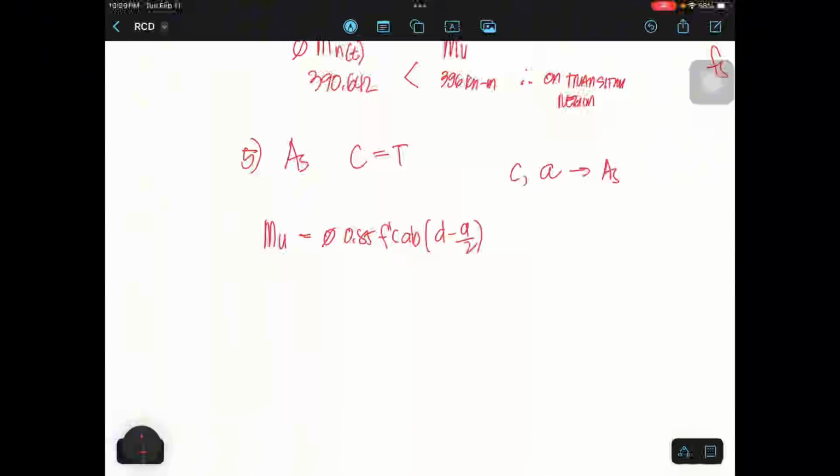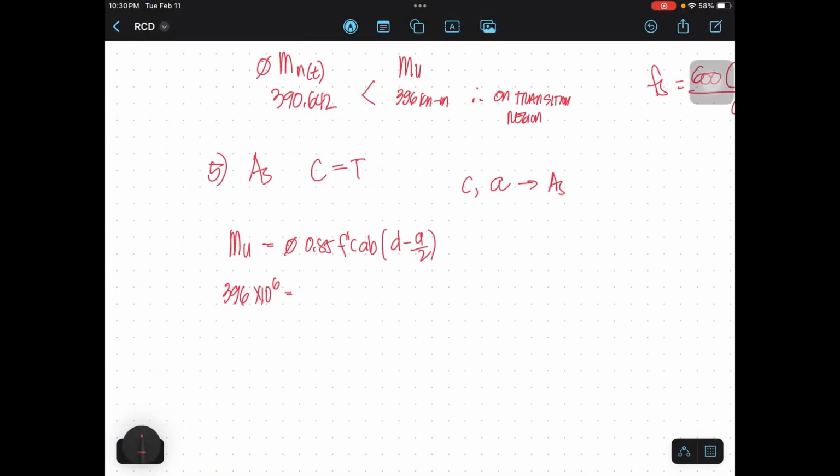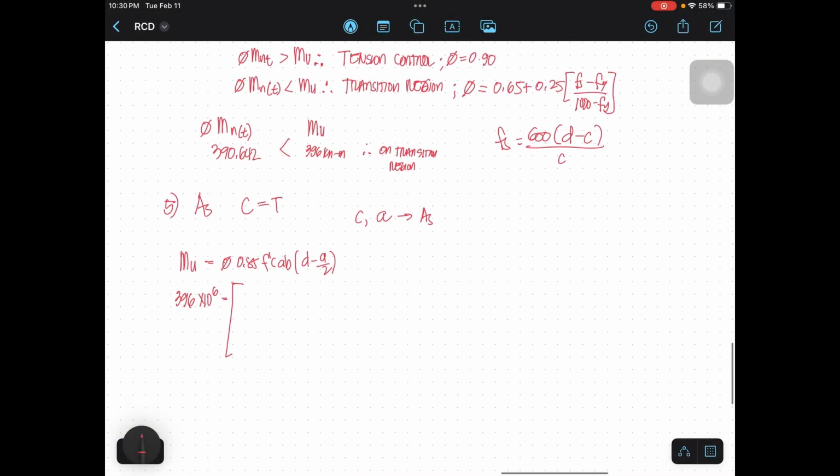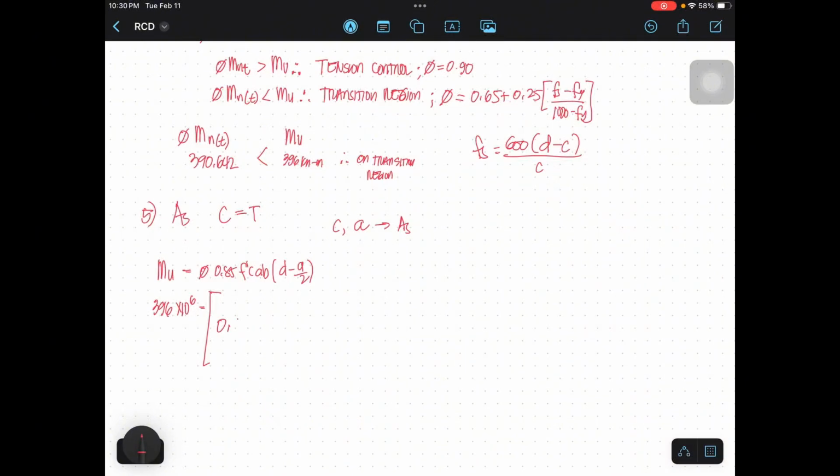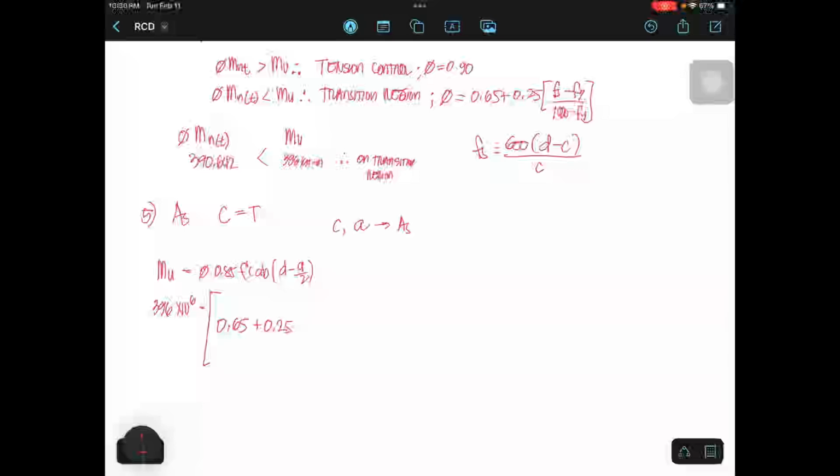Okay, so if our ultimate moment is 396 times 10 raised to 6, we raise it to the power of 6 because we are working in Newton millimeter. Next, for the value of the strength reduction factor, we have 0.65 plus 0.25 quantity Fs. Since our Fs has no given value, we substitute this equation: 600, effective depth of 550